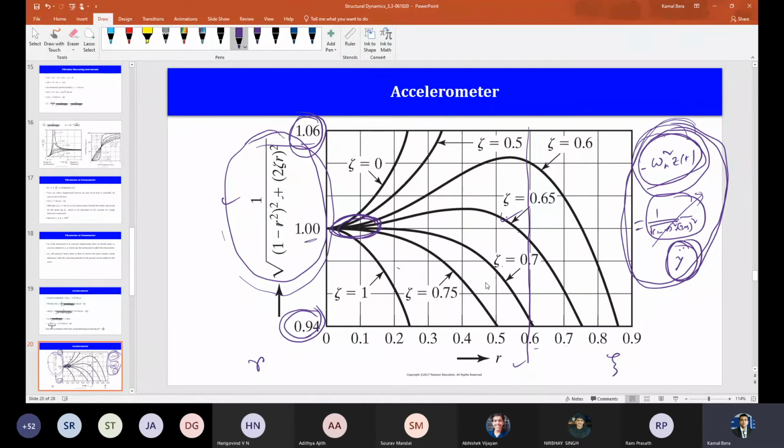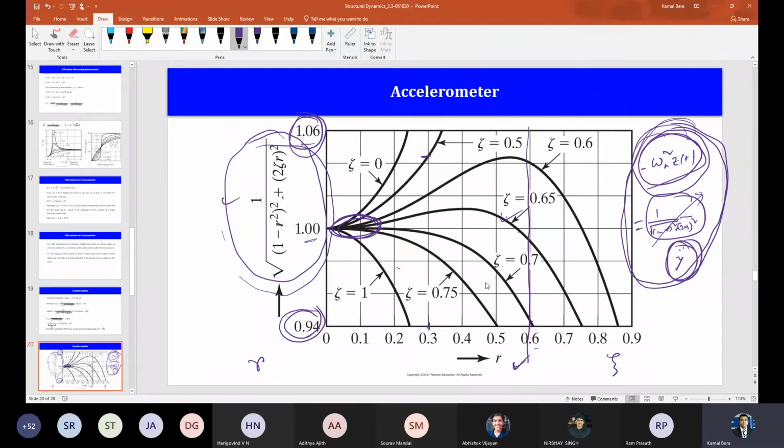Like, we can stop at 0.3 also. Why go up to 0.6? Yeah, because if you want to stop here at 0.3, right? Yes. But for different damping, what will you choose? If I choose 0.5 or something, then it is not close to 1, right? That is what I'm trying to say. So it is better to give a little more range of R and some little more damping. Okay, damping also provided. Okay, sir. Understood? Okay. Yeah, that will come.